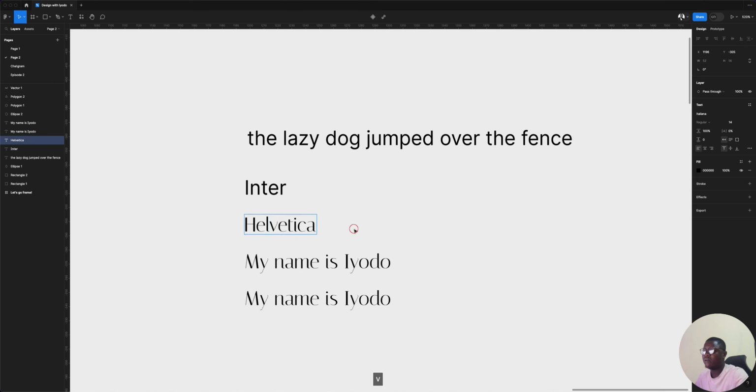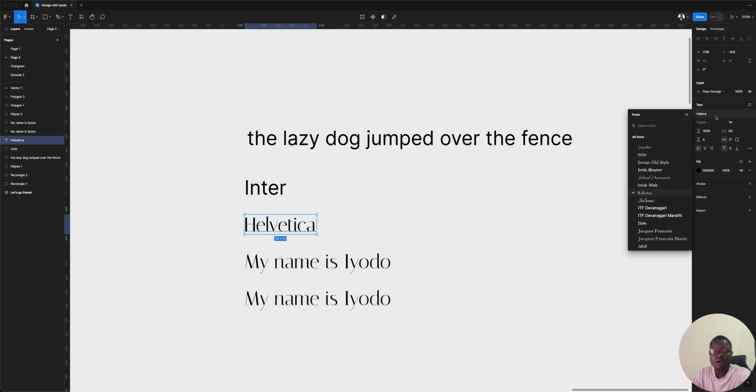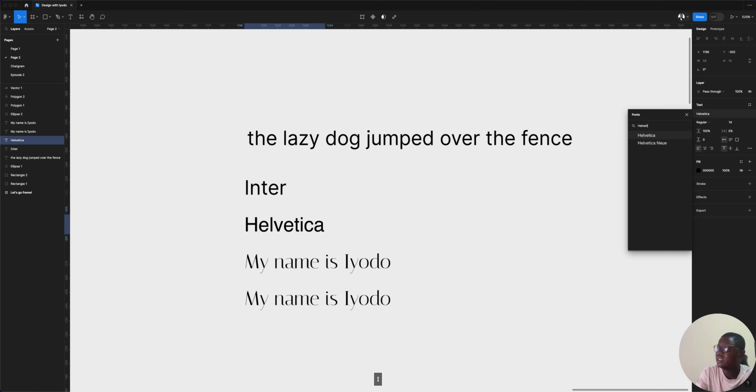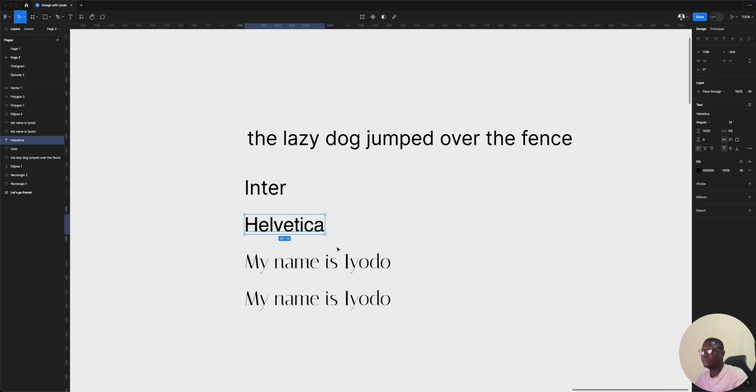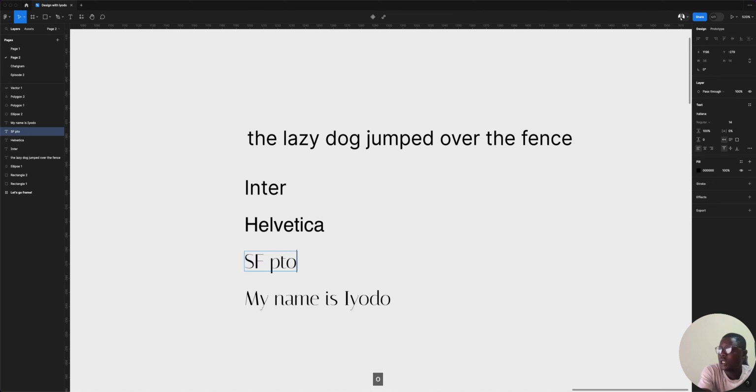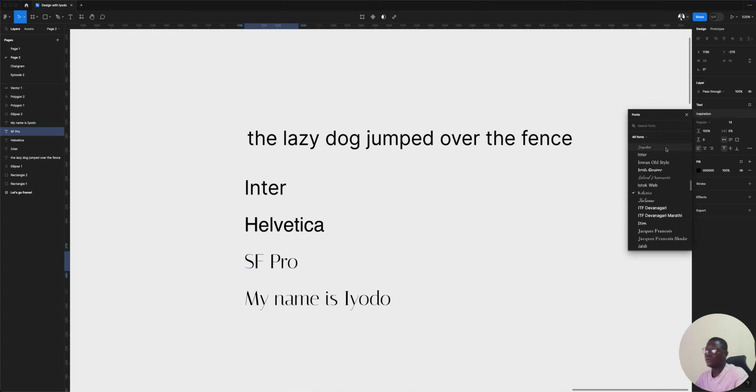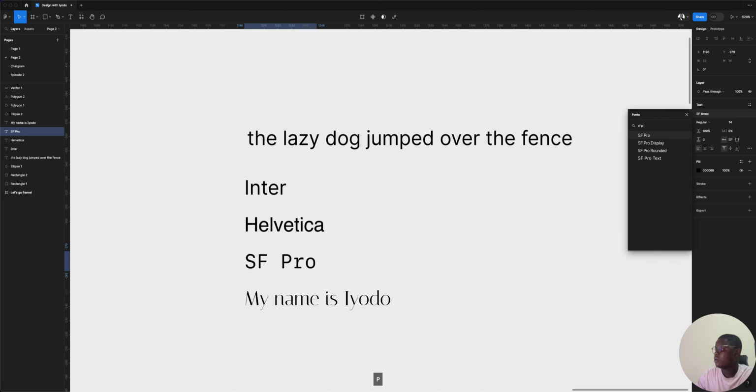Now Helvetica, so let's check out what it looks like. These are my go-to sans serif fonts. Helvetica. Then I love SF Pro a lot. I use this a whole lot in my projects. SF Pro, you can never go wrong with them for